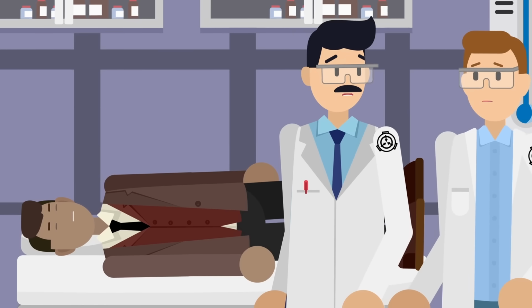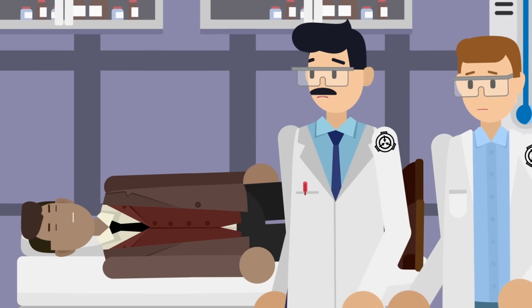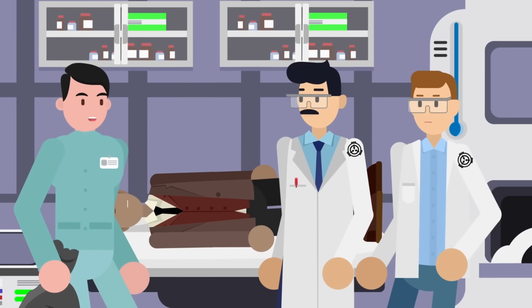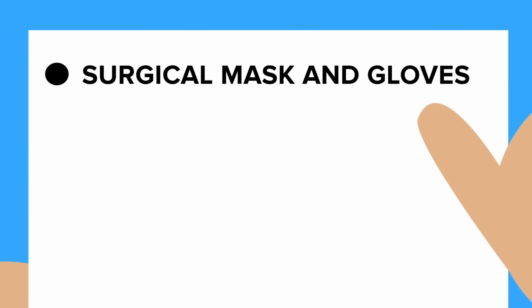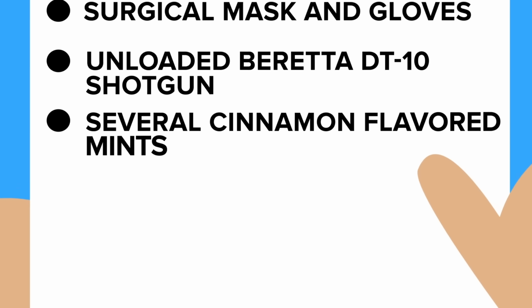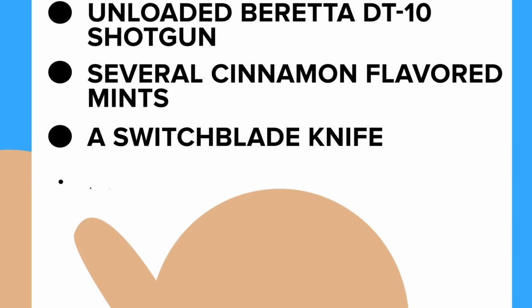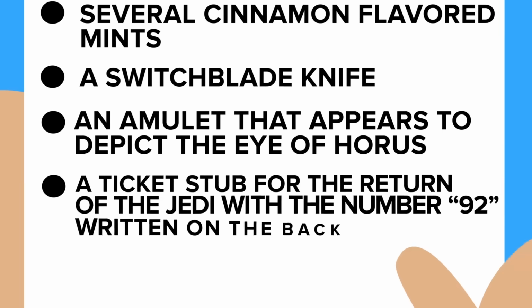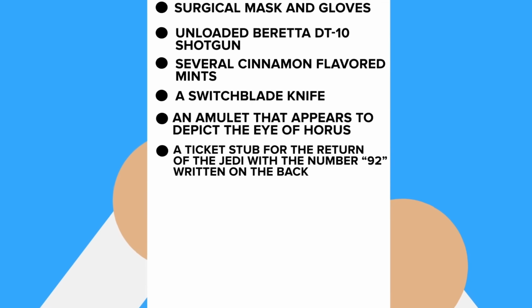It is unknown just how he got in there, but researchers discovered the body of an Indian man who looked to be in his 30s. The man, who was wearing a three-piece suit, was found to be carrying a number of puzzling items, including a surgical mask and gloves, an unloaded Beretta DT-10 shotgun, several cinnamon-flavored mints, a switchblade knife, an amulet that appears to depict the Eye of Horus, and a ticket stub for the Return of the Jedi with the number 92 written